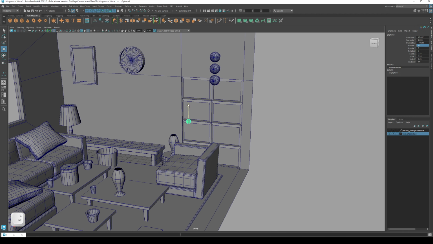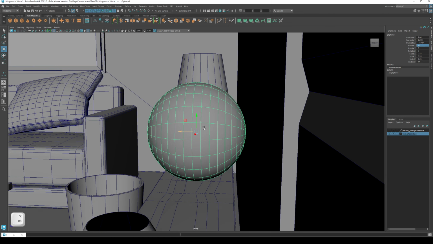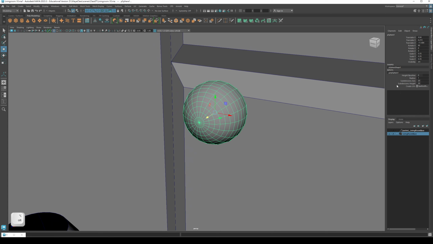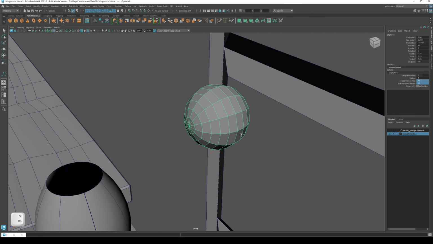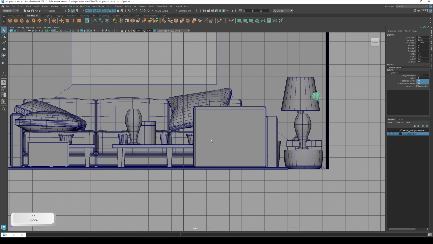And maybe the handle is around this height. Yep. And lower the subdivisions to 12 by 12. Go to Side View, the right view,